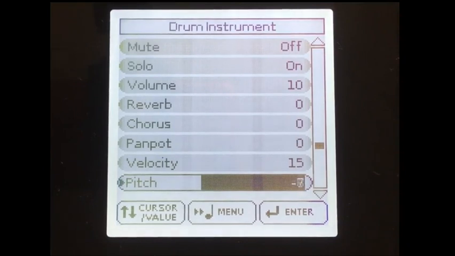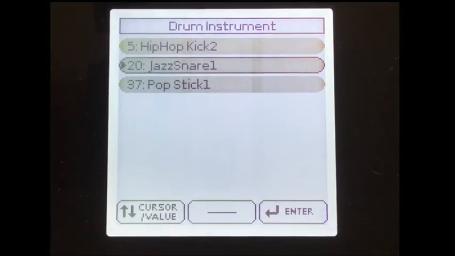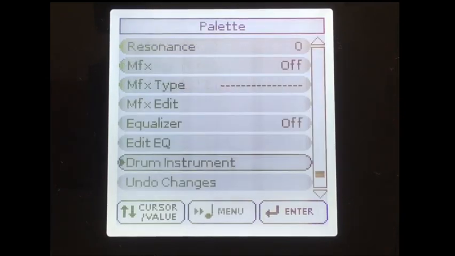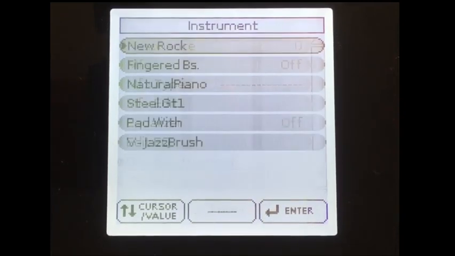If you want to change the pitch, it is also available. It's a great option Roland is providing. Now exiting. Okay, that's okay. Exit, exit.